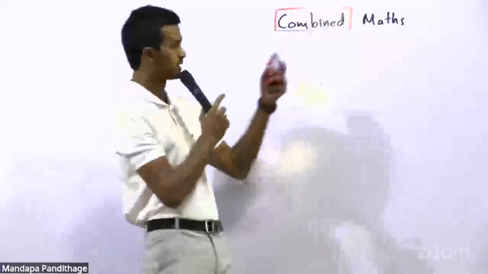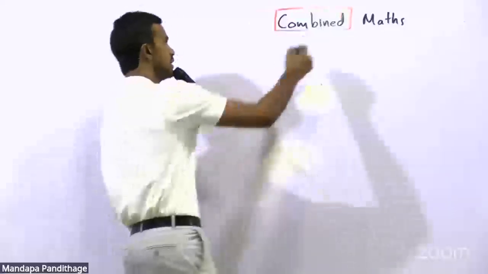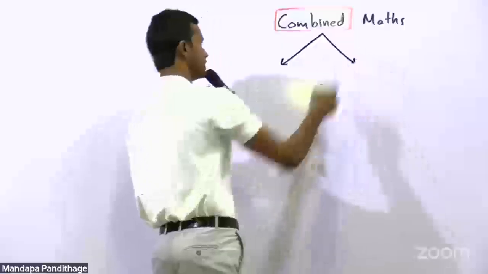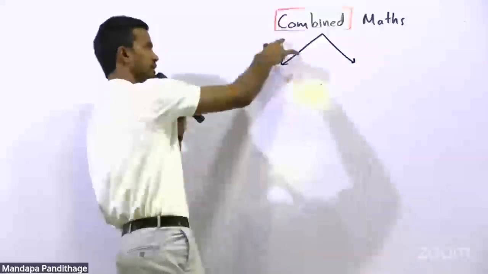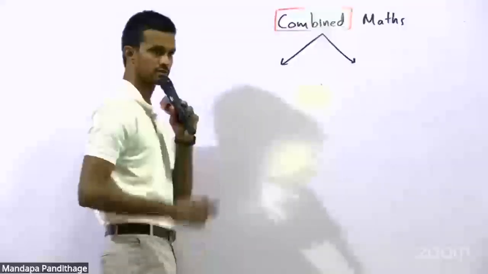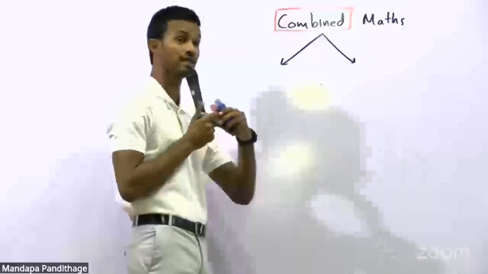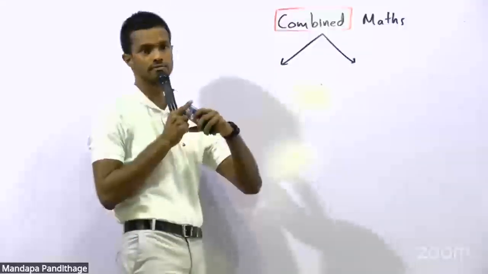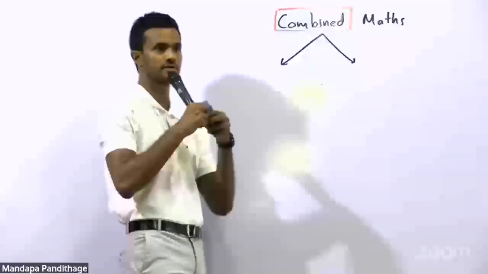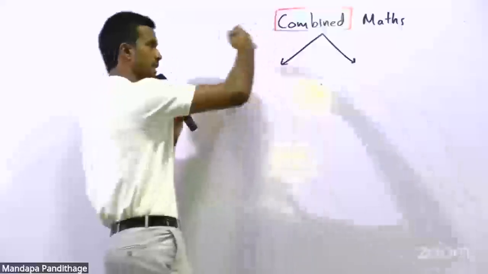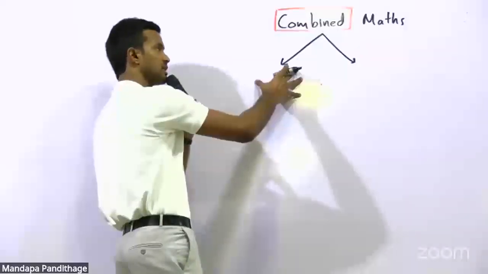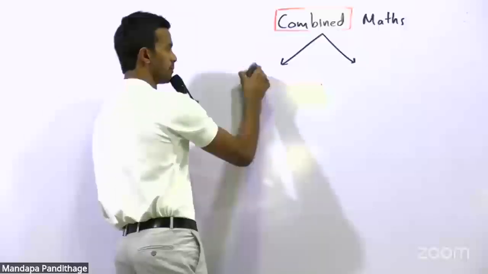Combined comes from our A-level syllabus, and we know what happened in 2000. There was a major educational reform. Previously the A-level subjects were four subjects. If you ask your parents how many subjects they did for their A-levels, they did four. If you were doing maths, they had chemistry, physics, pure maths, and applied maths. But in 2000, they reduced it to three subjects. So when they reduced it to three subjects, this pure maths and applied maths